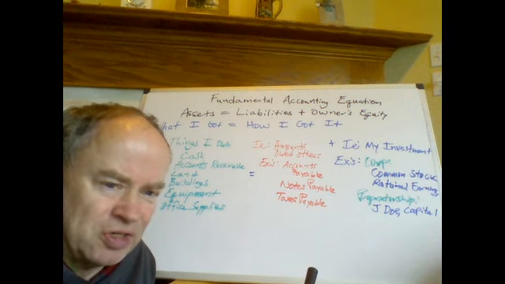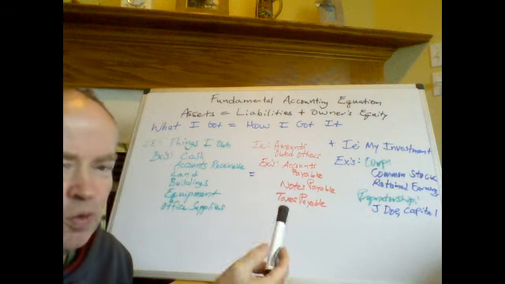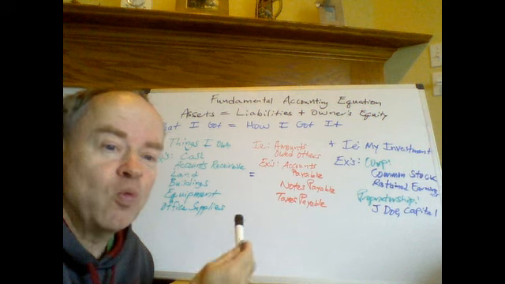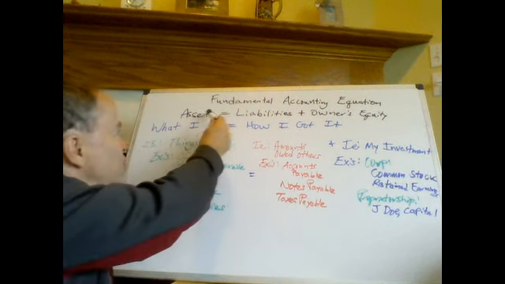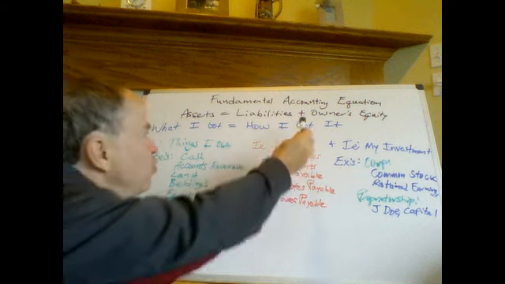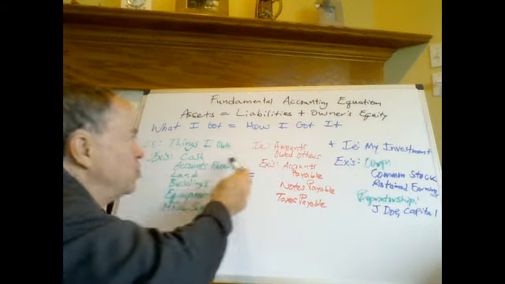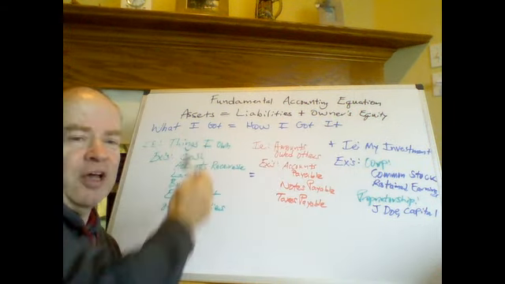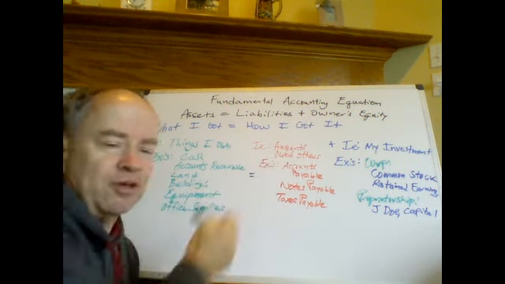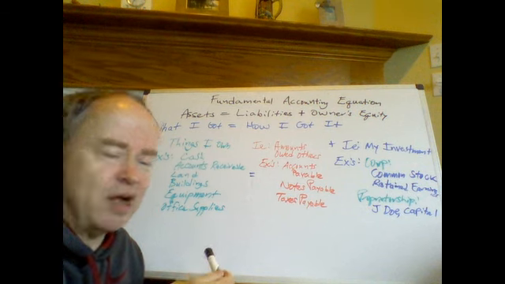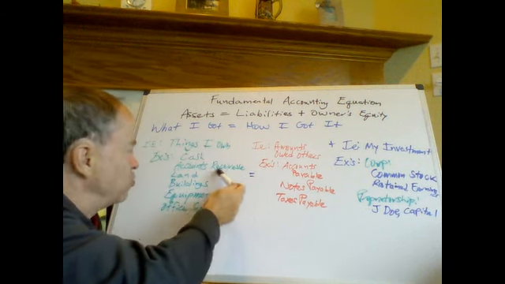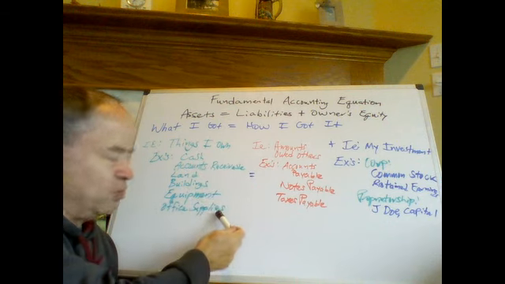So let's look at this again briefly. What are we talking about today? The fundamental accounting equation. What equation is that? It's that assets must equal, again, must equal liabilities plus owner's equity. In other words, what I got in the business must equal how I got it. What I got are the things that I own, commonly called assets, like cash, accounts receivable, land, buildings, equipment, and